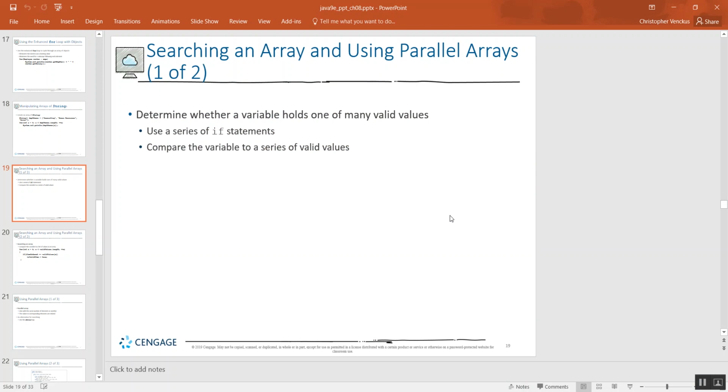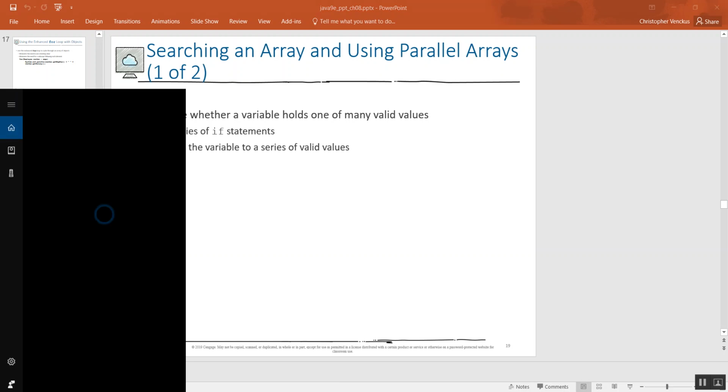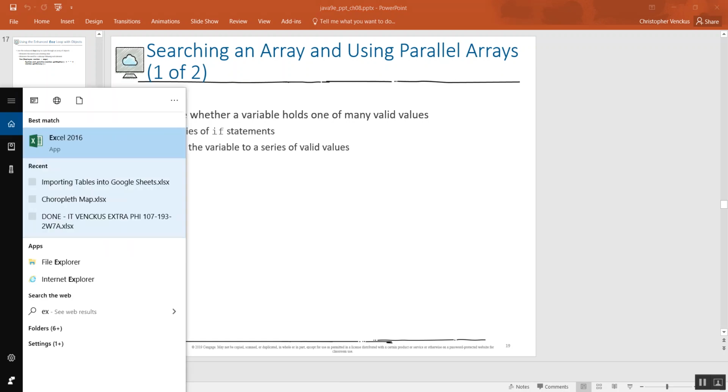Searching an array using parallel arrays. It's very common. It's a simple way of doing it. So one array has one set of values, and a second array has another set of values. For example, you could have one array have IDs or a name or something like that, and a second array have data elements like bowling scores or baseball scores or test scores from an exam. So I could take each one of us, put our names on an array: John, Sue, Mary, Joe, Fred, whatever the case. Everybody's in one array, and then the second array would have a score. And I guess the best way to show you is